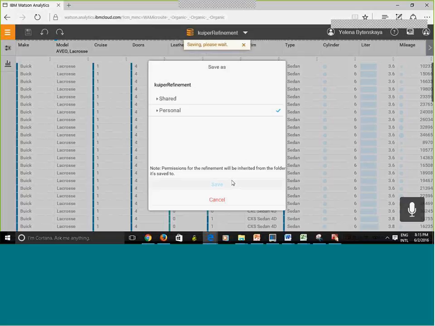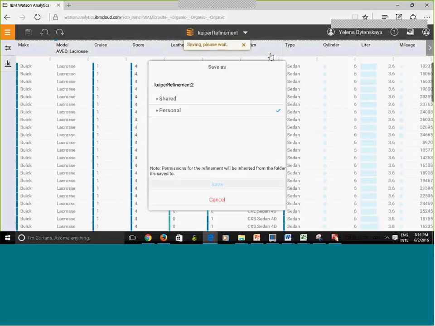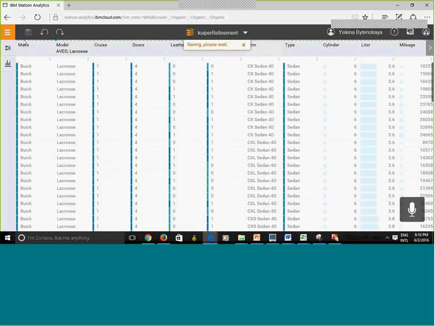Okay, now it says save and please wait. Oh, this is really interesting. No permissions. I'll have to look into that. Oh, it's probably because I already have something with the same name. So let me do this. I'm going to rename this. And I'm going to hit save. Okay, now it did it. So basically, something to keep in mind that you cannot have more than one file with the same name. So whenever you get an error message that I just received, you would need to just rename the file. Okay?